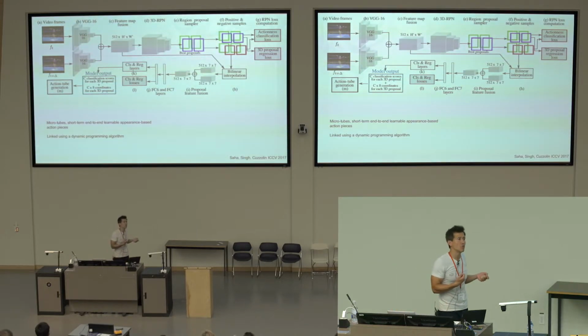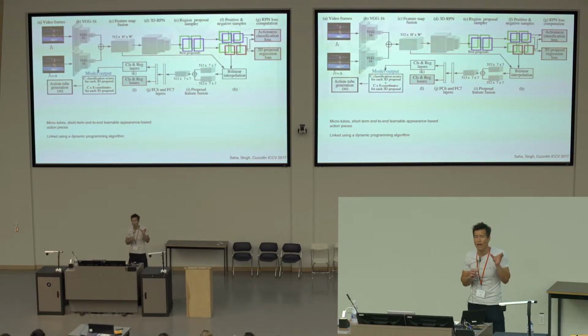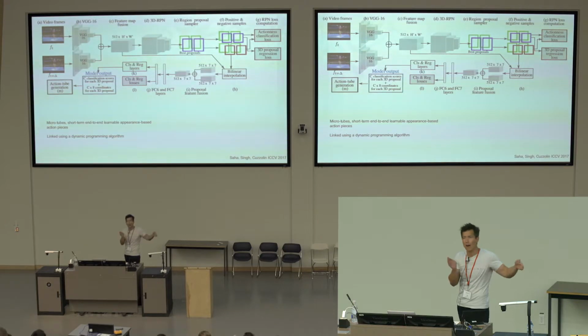Other approaches basically try to alleviate that temporal issue by building what are called microtubes in time. So rather than having the representation being just a single frame and a rectangular box there, you would try to build a small tube which is likely to contain a single action only. So a little track of a person with a rectangular shape around it where I'm pretty confident that there's only one action taking place there. Those would then often be combined with a final linking stage where you'd have to combine those short tubelets to form an entire action.